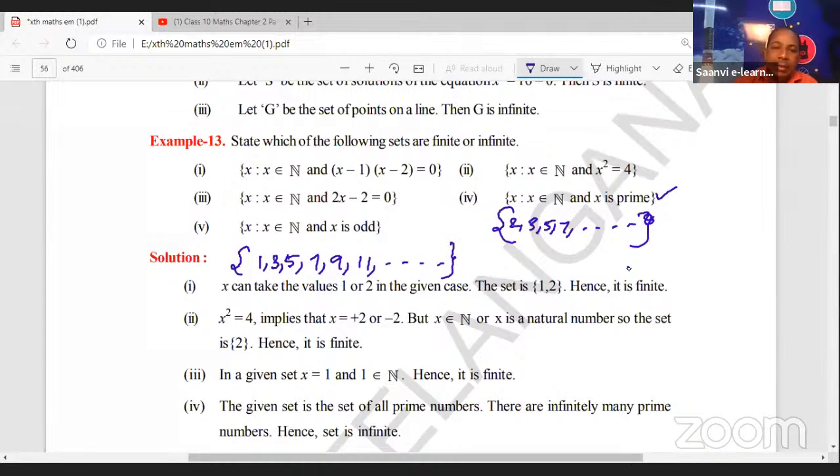It means in the given set, if there are a finite number of elements, it is a finite set. If there are an infinite number of elements, it is an infinite set. Children, have you all understood what is a finite set and what is an infinite set? Right. Now the next one is